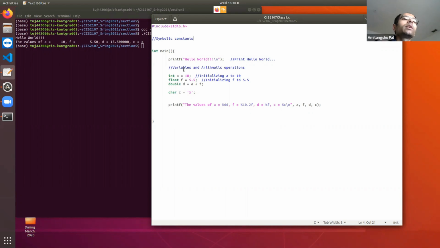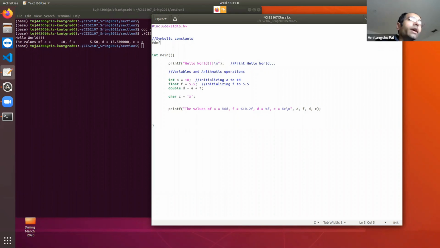But the convention is that symbolic constants are written before main in a special way using a preprocessor statement. What is a preprocessor? I'm going to come to that in a minute. So let's see how we can define the value of pi using a preprocessor statement.